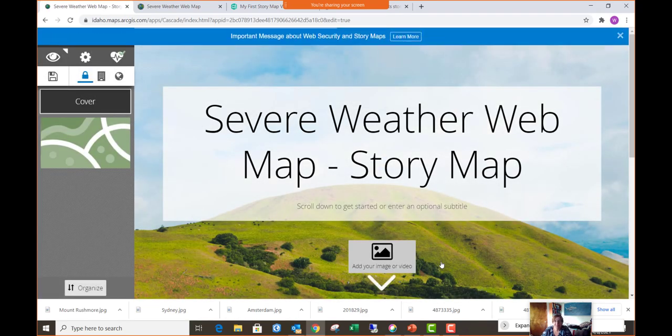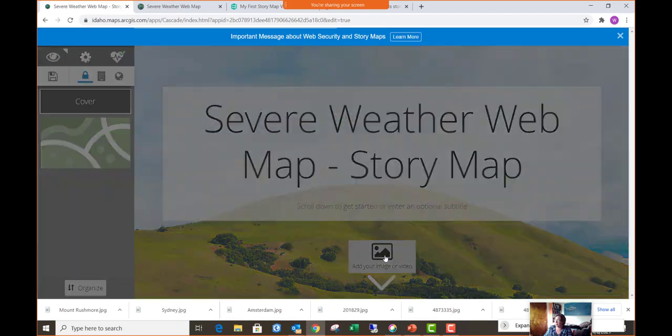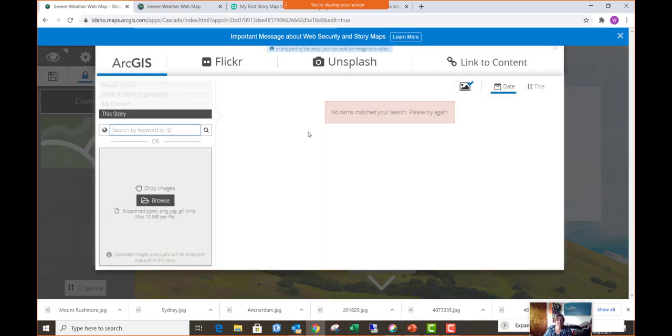So in some ways, this one is similar to the very first newer story map template, in that we can keep adding in new content and allow people to scroll down and see more and more things. Let's click on add your image or video. And I think it would be really nice to put in